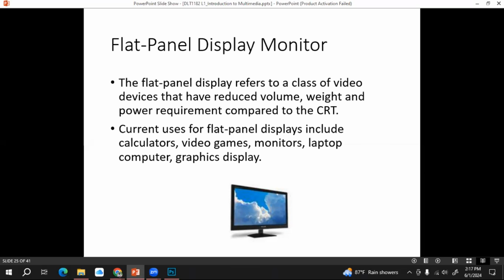Using these types of monitors, we can see the functions that are happening inside a computer or a mobile phone or a calculator or a tablet, right?